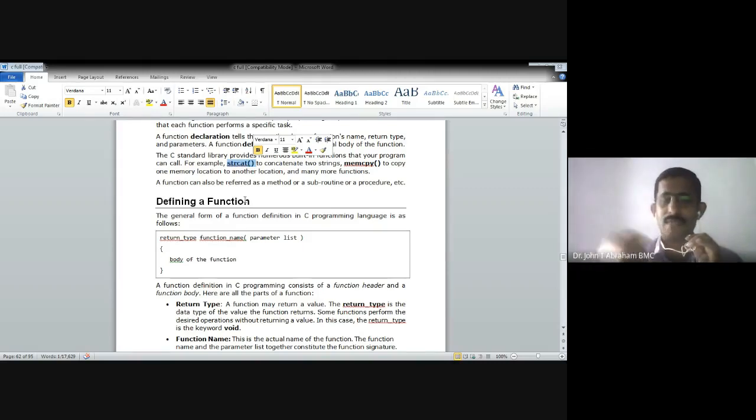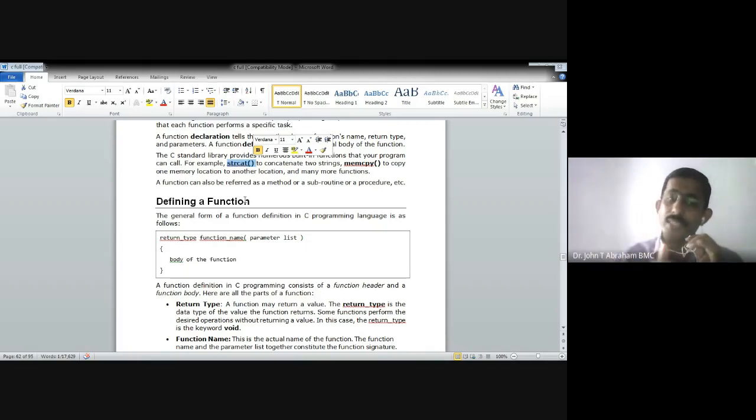We go to a shop and buy some items. Suppose we want to buy some cooked items. We are just buying those items and we will have them. Similarly, that is already prepared. Library functions will be already available. They are called library functions.